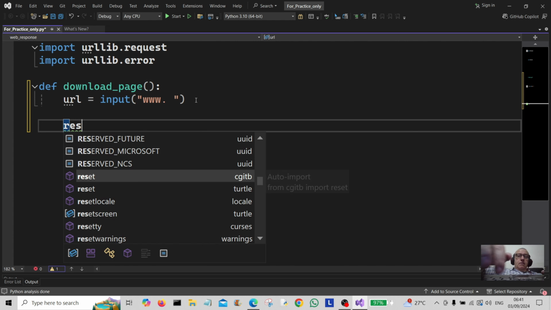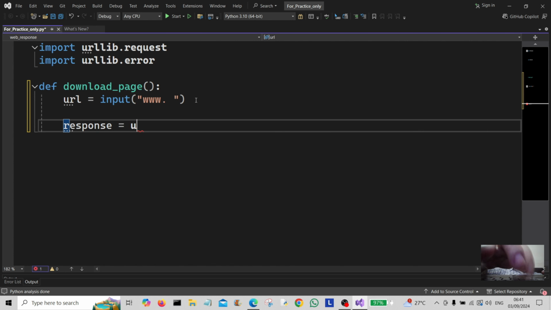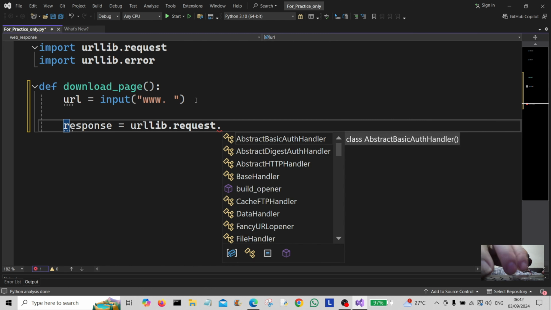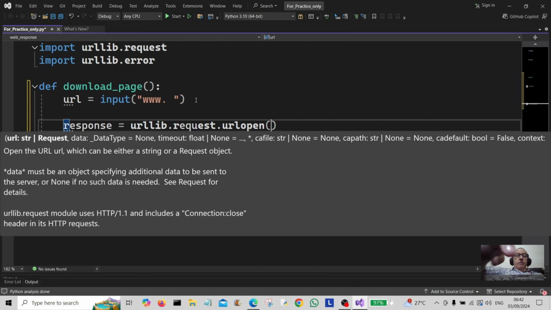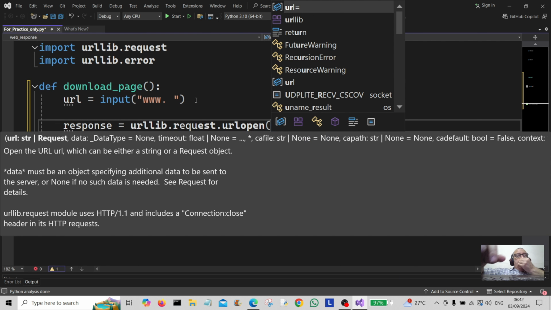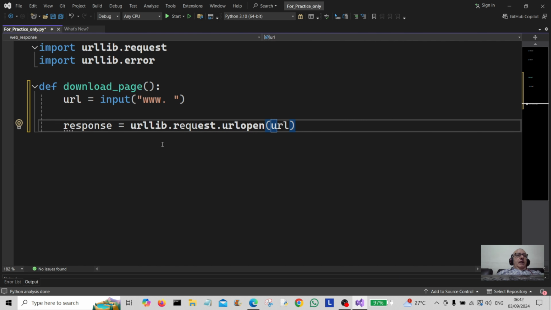Response here. We're going to assign that to urllib dot request dot urlopen, and that's going to be the URL that we typed into the user input url there. Right, so basically we created another variable there and we're going to request that it opens this URL here,